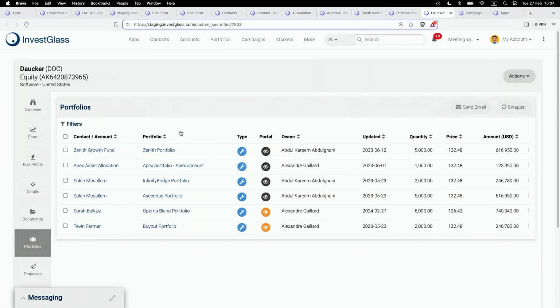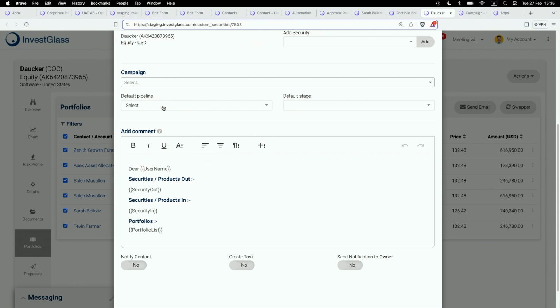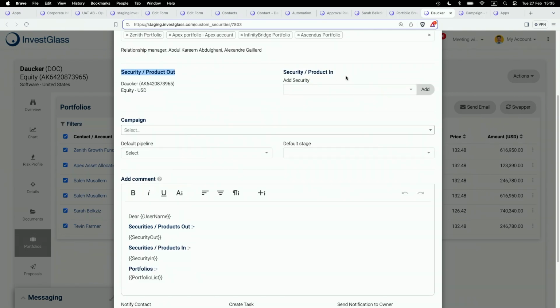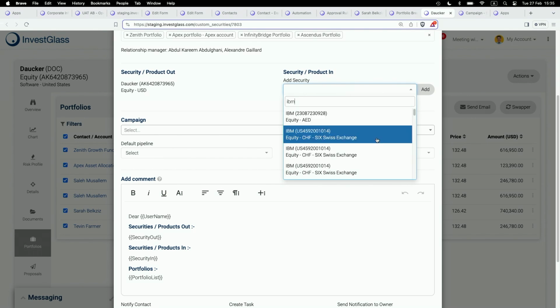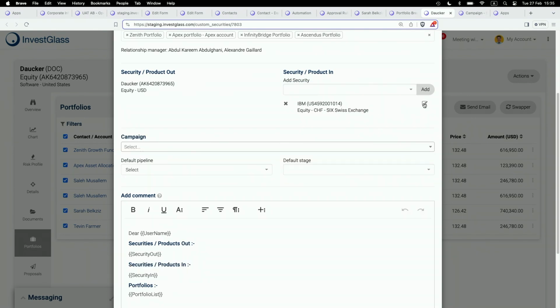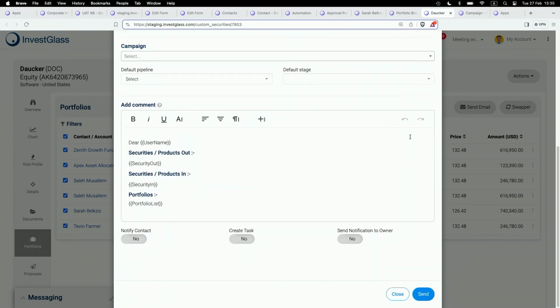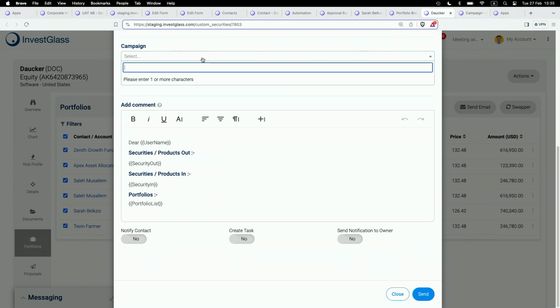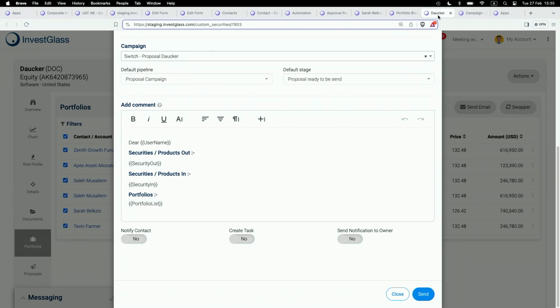Here I have a security. I can select the customers that hold the security, and in one click, then find an alternative. Simply say security product out, then I can add any security here, explain why I'm going to add it, and then send this message either directly to the customers for them to approve the trade or to the relationship manager. And the best is that once you do this, you will also select a campaign, which means that automatically the